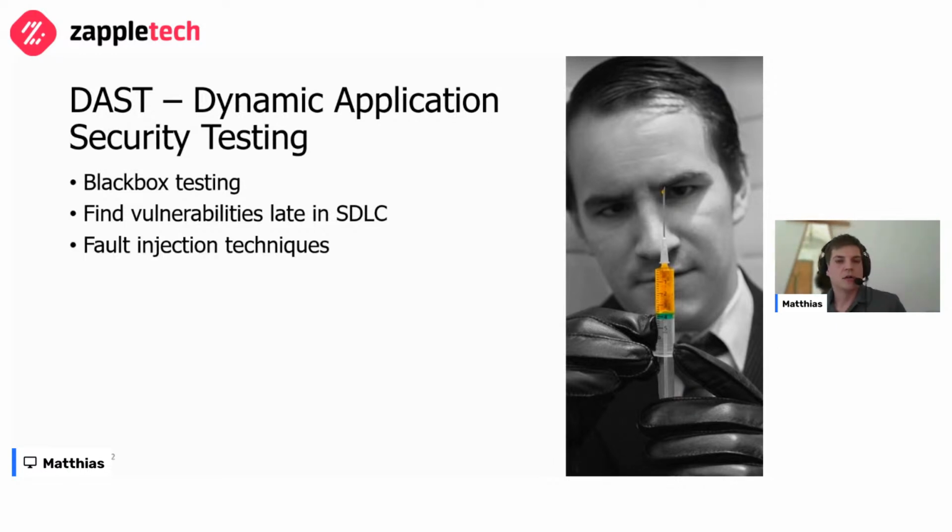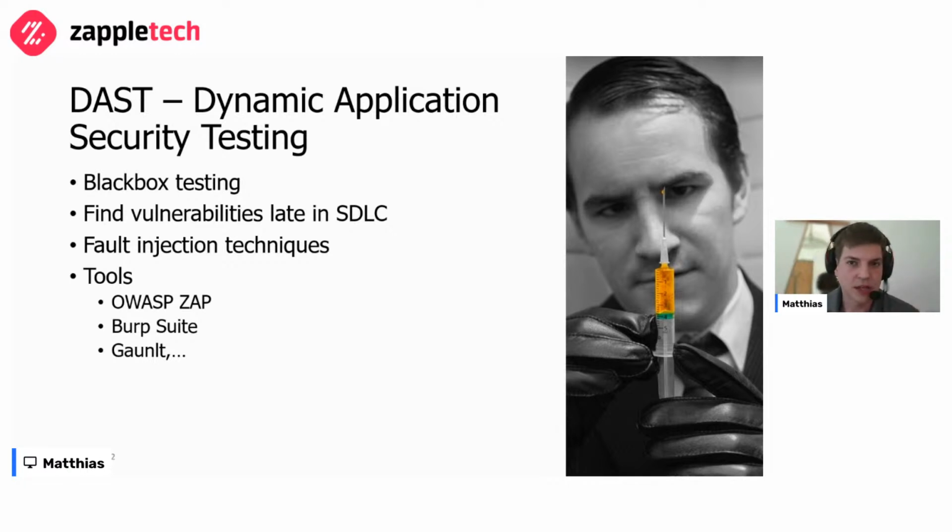And here, fault injection techniques are used, for example SQL injections or JavaScript injections, to see if your system is secure or not. Tools here are, for example, OWASP ZAP, Burp Suite, or Gauntlt. And of course, I'm an engineer, so I have to show a little bit of